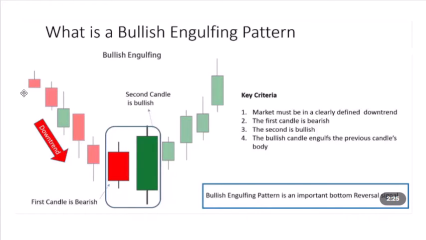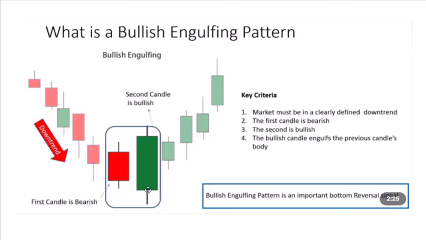Bullish engulfing, so we see a downtrend has been evident, and the first candle is bearish. So the first candle of this two candle pattern is bearish. And then, usually what we see is a couple of reversal patterns around here, reversal candles like hammers or something like that. But if not, that doesn't matter really either. What we're after is a downtrend, a red candle being the first day of the bearish reversing candle,